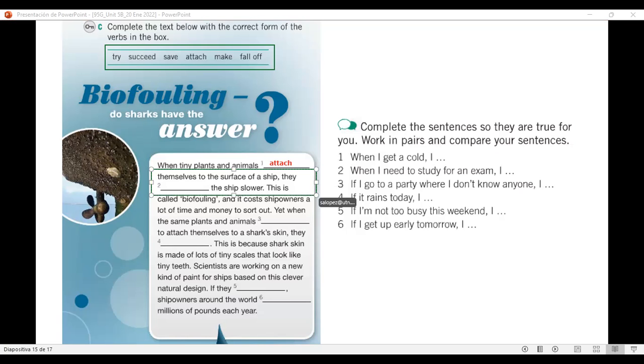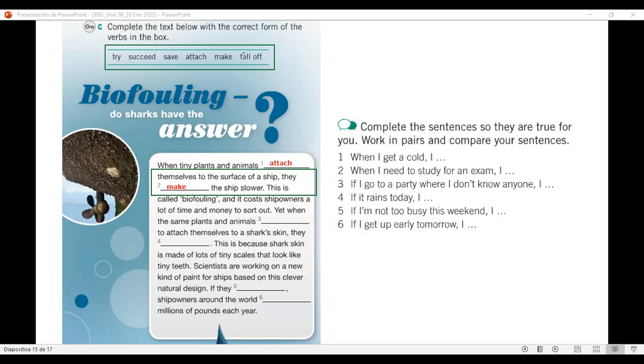So when tiny plants and animals attach themselves to the surface of a ship, they, what do you think? Make fits better, right? Make the ship slower. Aquí tenemos dos verbos, ¿no? Cuando las plantas y los animales se adhieren a la superficie de un barco, hacen que el barco vaya más lento, ¿no? They make the ship slower.